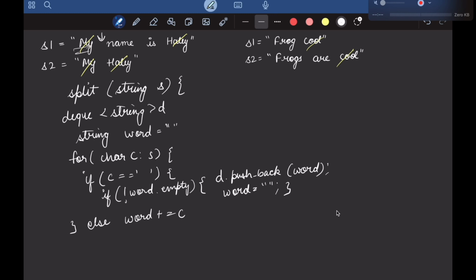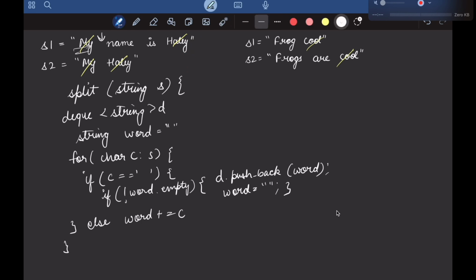Right? Now once this loop is completed, once we have traversed the entire sentence, if you see for this word Haley, my word will be containing all these characters, Haley, but at last there is no space, right? The loop will stop at y after y itself.